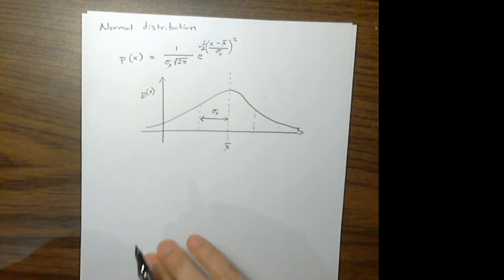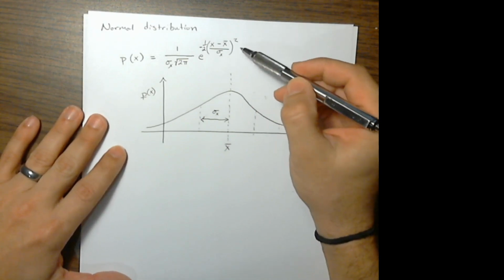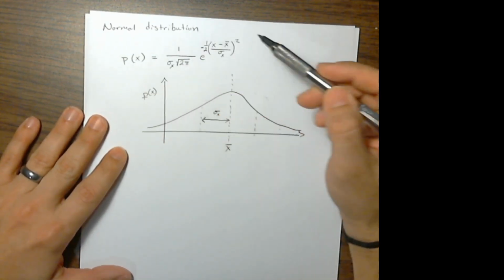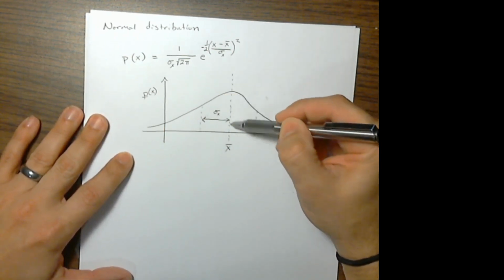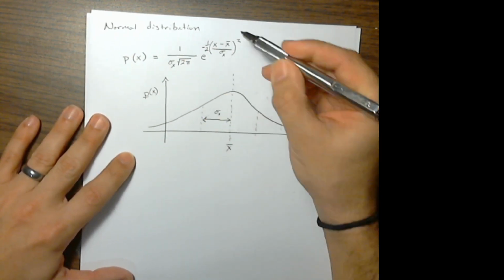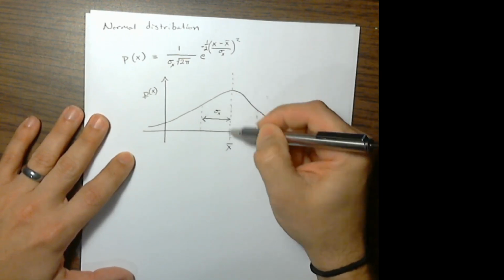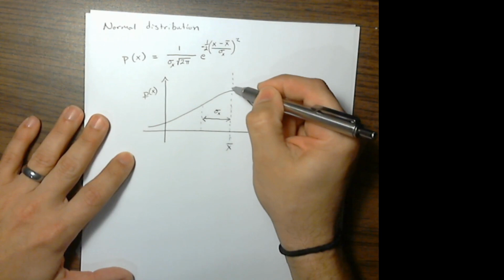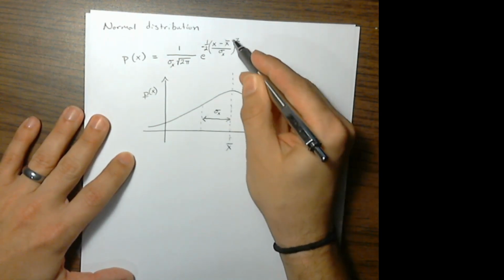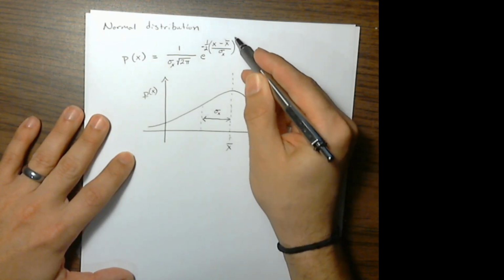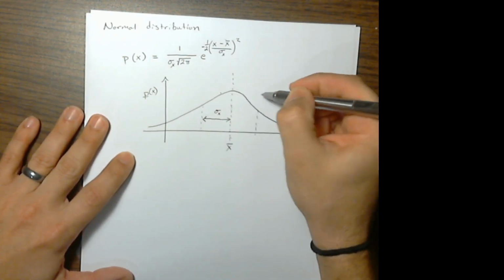So the normal distribution is a bizarre formula, right? But it has a number of amazing properties. First of all, it is symmetrical about x bar. You'll notice that if x is smaller than x bar, you get a delta here, and then you square it, right? And it doesn't matter if it's positive or negative, right? So it's symmetrical about x bar.